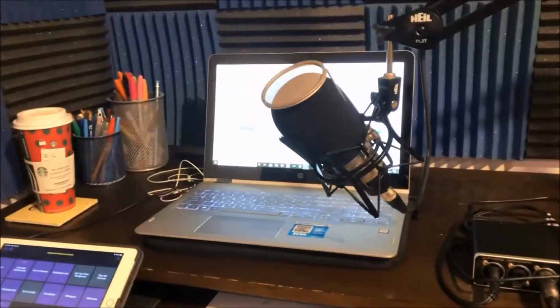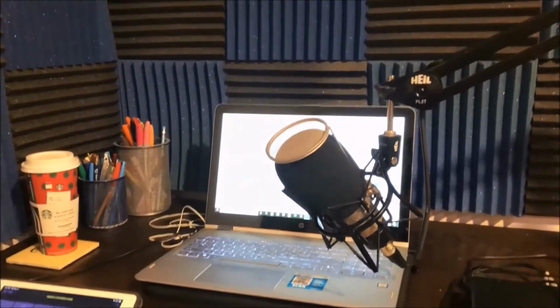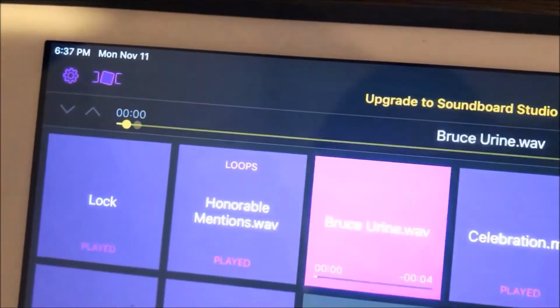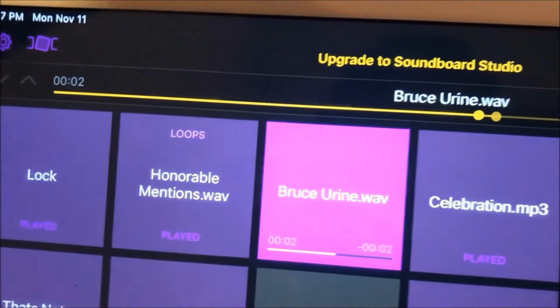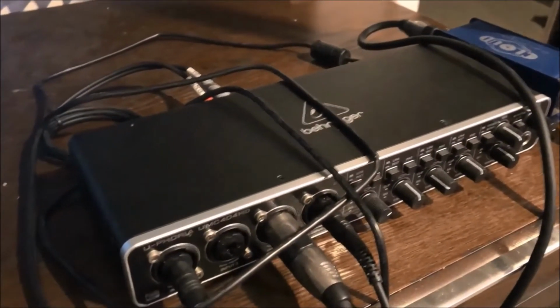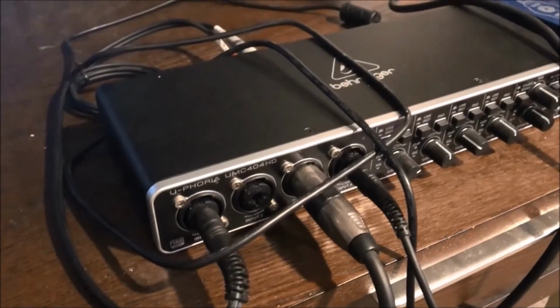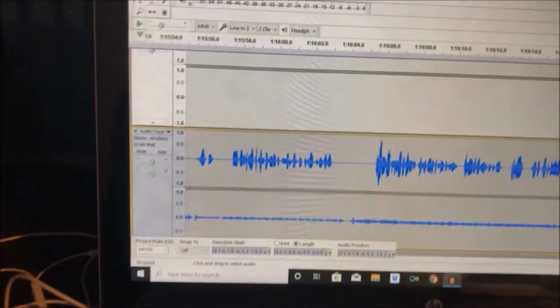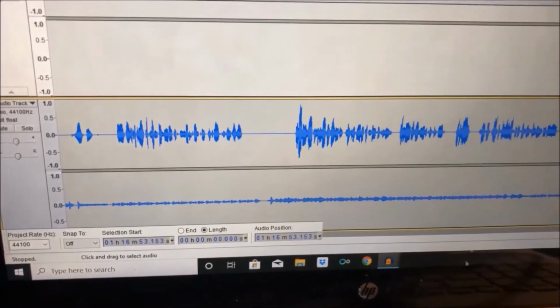Okay, so this is my recording setup in the corner of my bedroom here. I've got my soundboard on my iPad. This is my favorite. Oh, you can't hear it, but it's funny. And then I've got my microphone here, a Heil PR40, which is a good quality mic. And then I've got my mixer here where I plug in the iPad and the microphone, and it can combine them together. Plugs into the laptop, and so I record in the